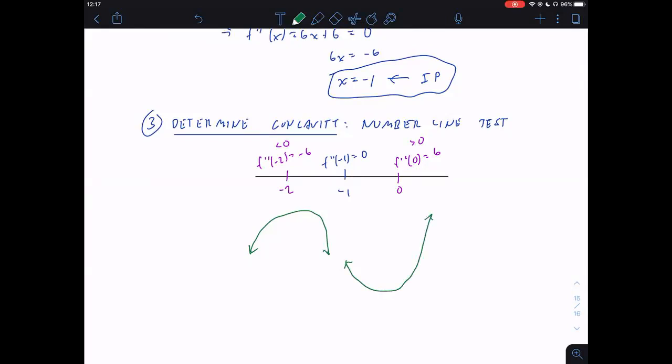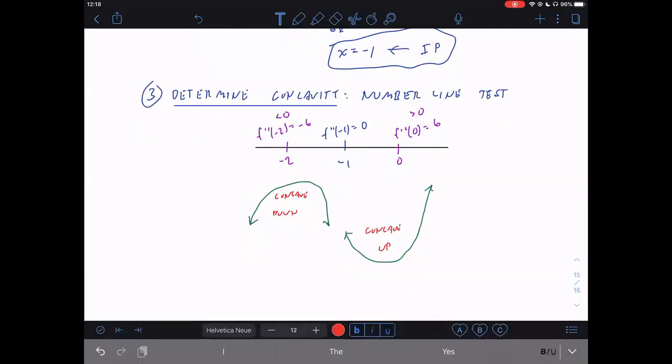after -1. Okay, so before -1, it is concave down. And then after -1, it starts to concave upwards. Okay, let me more formally write this here. All right, so based on what we found here,